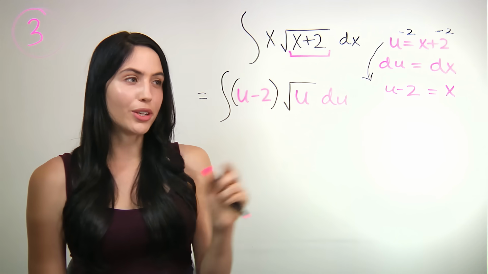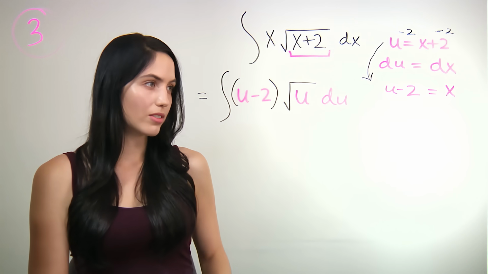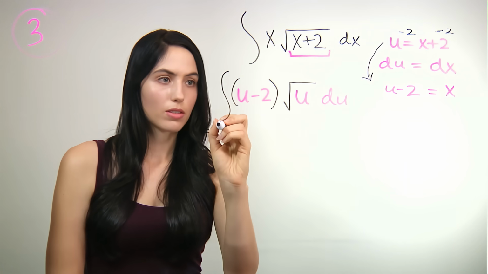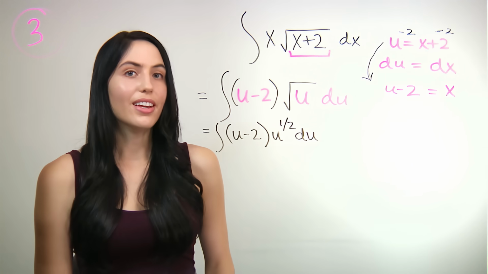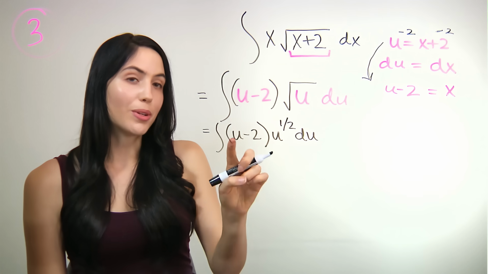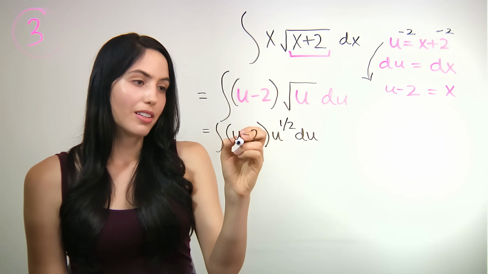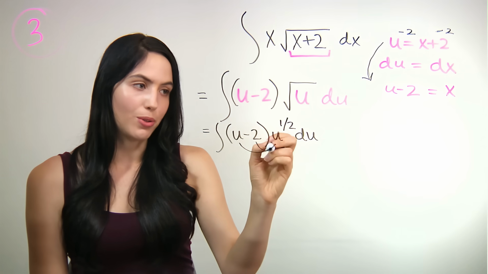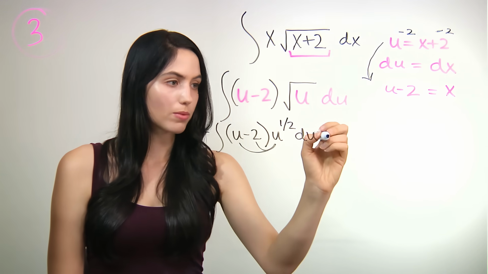It will be easier for you to rewrite this root as a power of 1/2. It will also make it easier if you multiply this out, if you distribute this. U times u to the 1/2, minus 2 times u to the 1/2. So that gives you